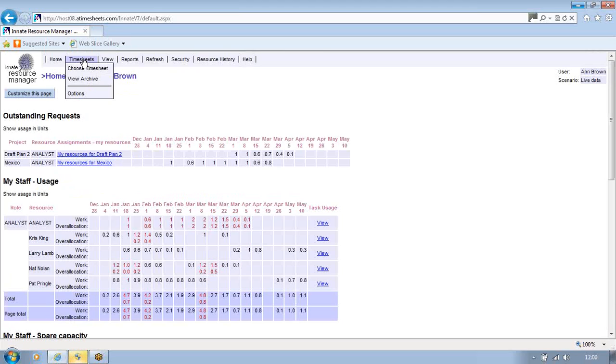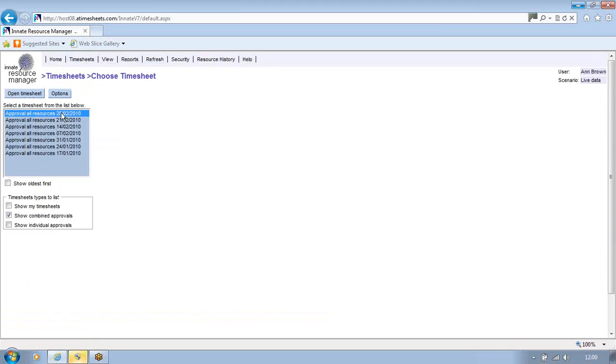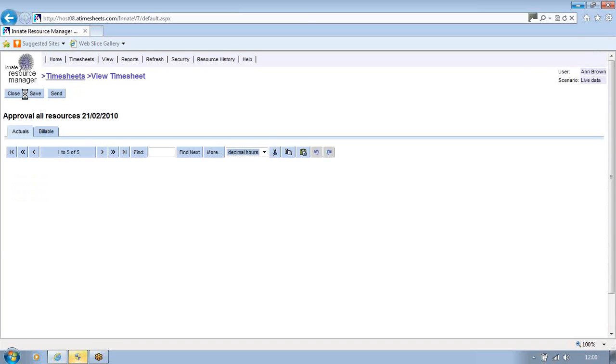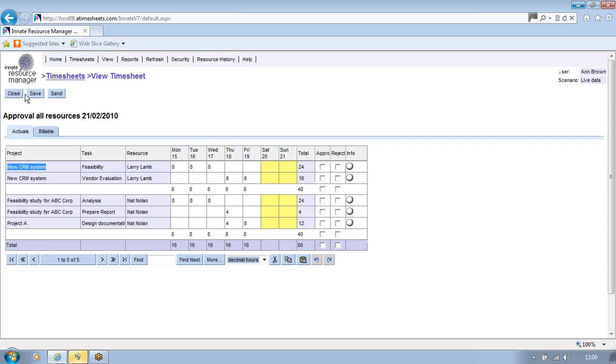So when Anne goes timesheets, choose timesheets, she sees a list of approvals that are awaiting her attention, and you can see here there are a number of weeks. She doesn't have any timesheets here, so she's not really set up as a timesheet user. Let's take a look at the approvals that are awaiting her for the week of the 21st. This is the view that she has. Basically, there are 2 people in her team who have booked time during that week,